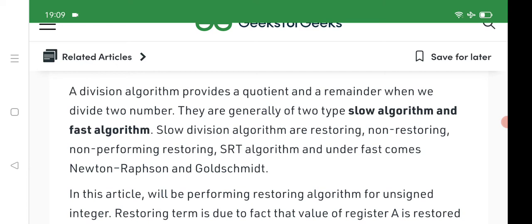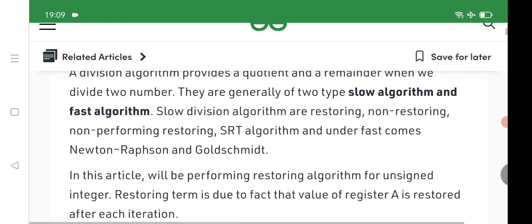There are generally two types of algorithms: slow algorithms and fast algorithms. The slow division algorithms are restoring, non-restoring and SRT, and under fast algorithms you have Newton-Raphson and Goldschmidt.